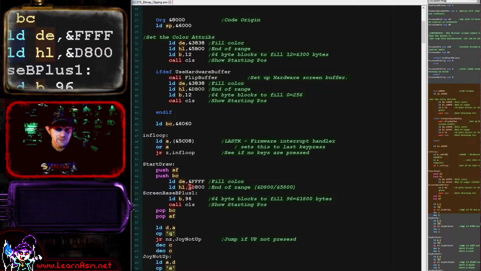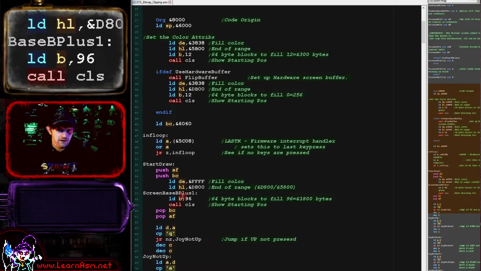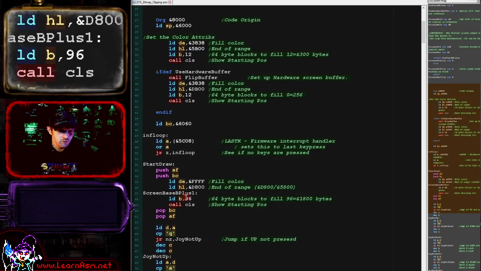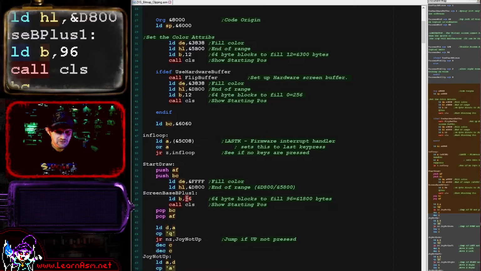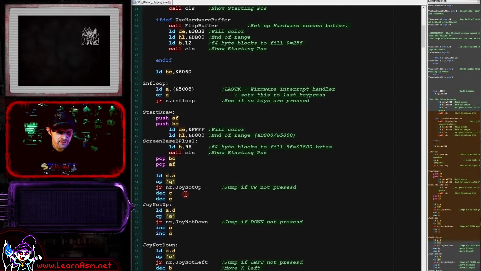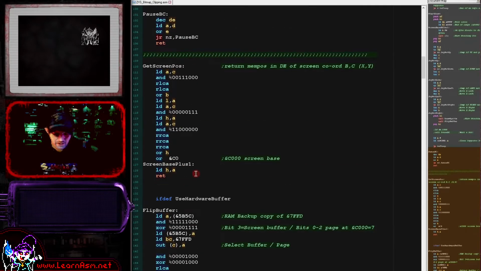So HL is being pointed to the end of the range, and B is being pointed to the number of bytes we want to fill, divided by 64. So if we want to fill 1800 bytes, we need to divide that by 64, and this gives us a value to put into B as 96. And then we run our CLS command. Now our CLS command,